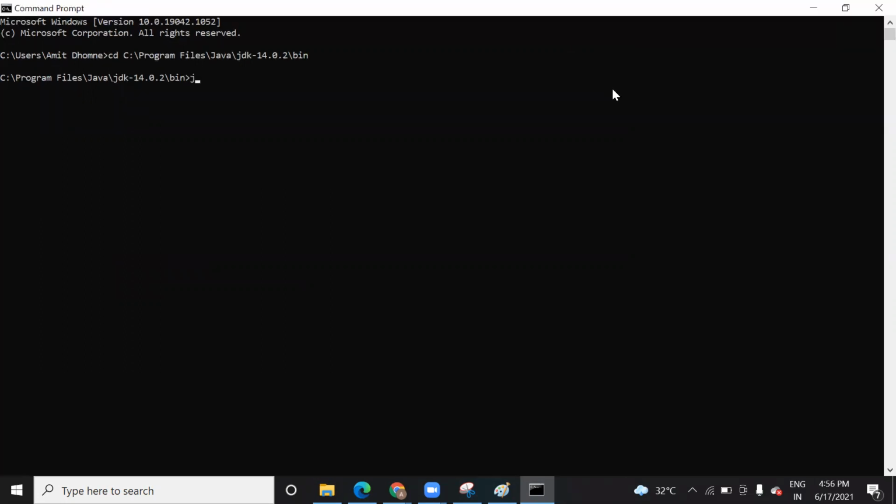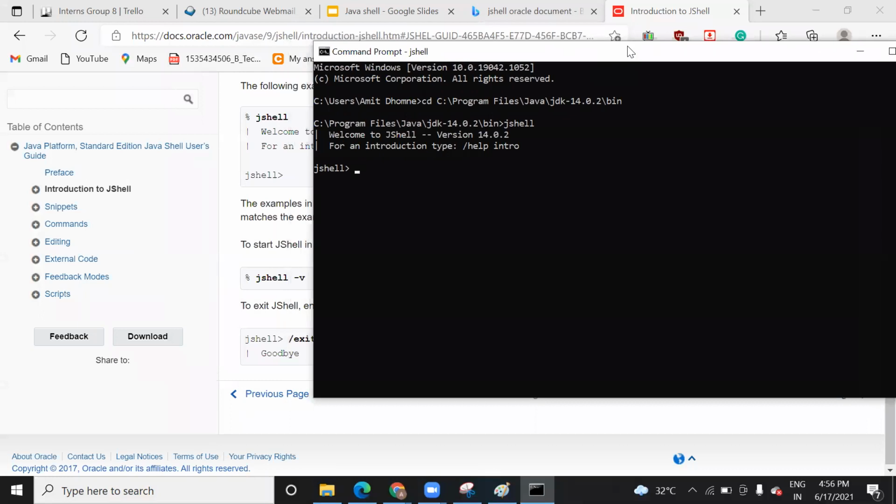Normally this clear command or CLC command will clear your screen, but I don't know why it's not working. Let me write CLC. Invalid command.